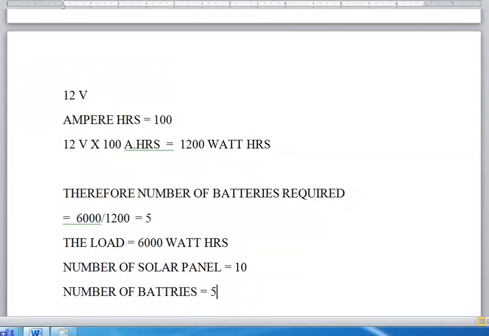But remember this, not only the load, the current is also very important here. For example, in your house, if you have an inverter and you are running a microwave oven, the inverter will make a sound, because you are drawing more current. So drawing more current is always bad. Please remember this.